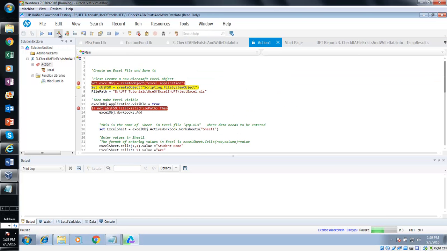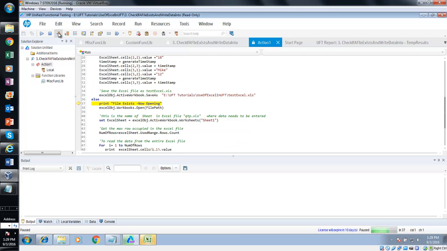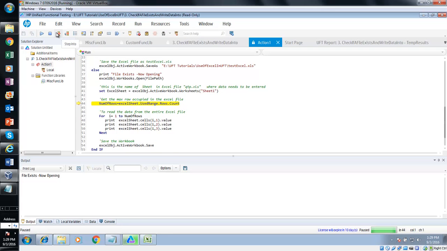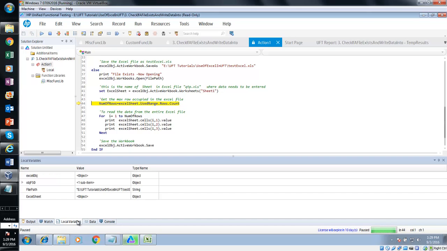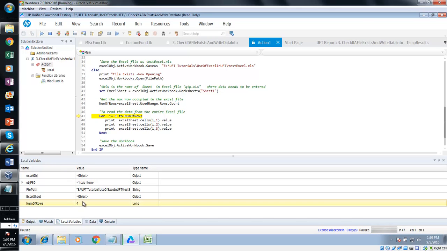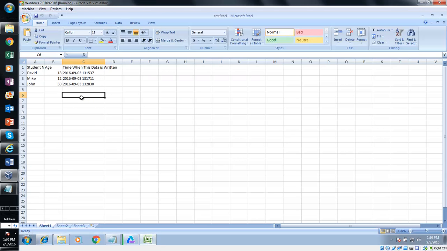Okay, so now again the file exists, so it will go to our else block. Can you see we didn't open any file yet? Now in line number 38 we are going to open the file, and now we are reading how many rows we have. If you go to your local variables, can you see we do not have yet how many rows we have. Can you see now number of rows is 4, because we have 1 2 3 4 rows